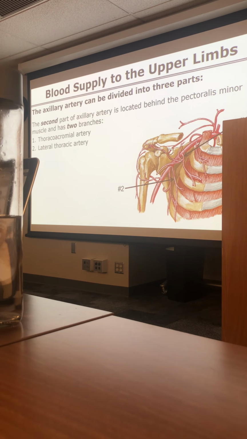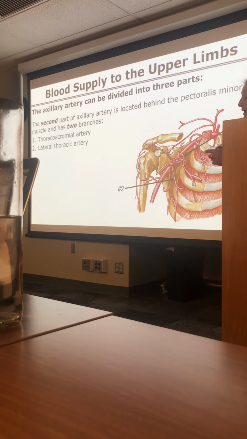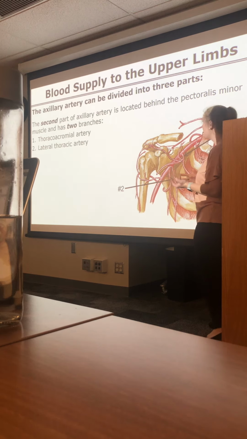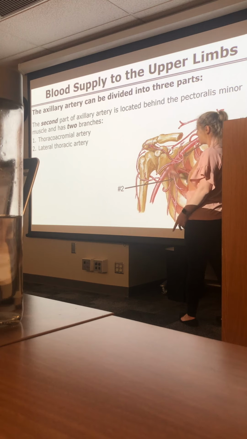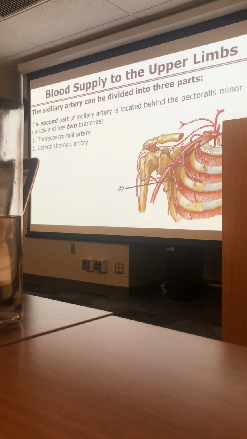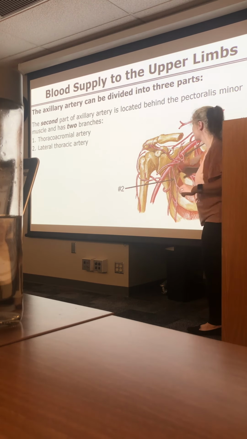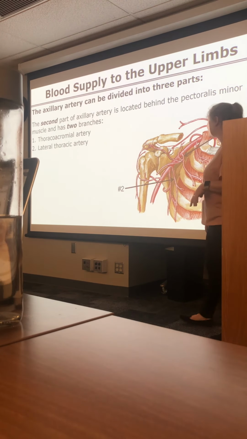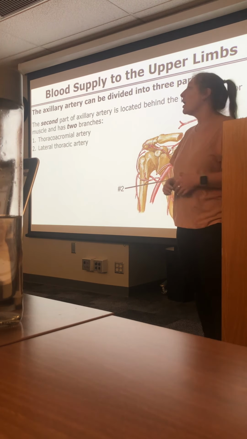Our second division, our second part, has 2 branches, and this second part is located under our pec minor muscle. So our pec minor runs like this, and if you reflect it up, you'll see these 2 branches on our second part of our axillary artery. Our 2 branches are our thoracoacromial artery, or our thoracoacromial trunk. Okay, and our thoracoacromial trunk has its own branches as well as the lateral thoracic artery. Okay,